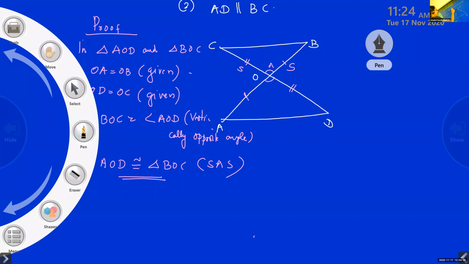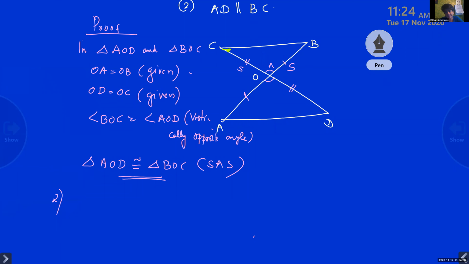Hello children, this angle and this angle we did not take, isn't it? Yes. Those angles will be equal. And here another angle and this another angle, this angle also will be equal. And since it is congruent, the third side also will be equal. Clear, children?